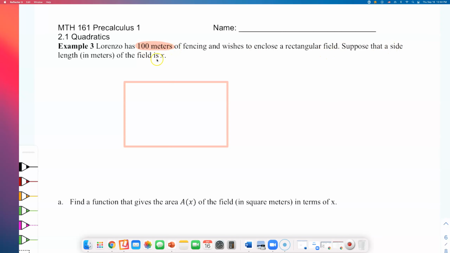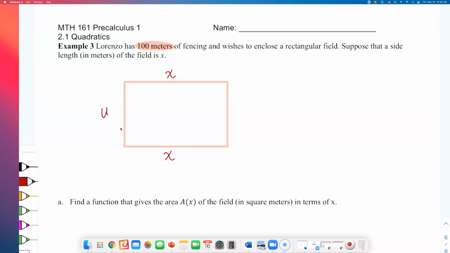Suppose that a side length in meters of the field is x. So what they are telling us is that one of the sides is x. And I'll just pick a random one on top and call that x. But you know, you learned in geometry, opposite sides of a rectangle are congruent. So if the top is x, the bottom is also x. We know nothing about the other sides though, okay? So because I don't know it, maybe I can just call it something. How about I just call it